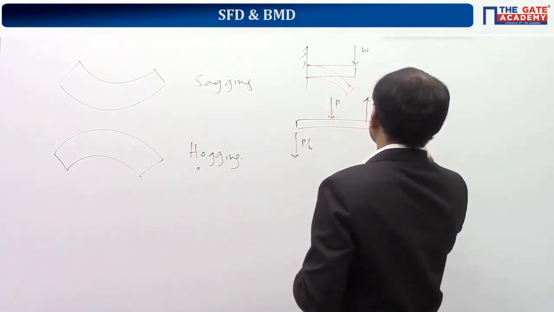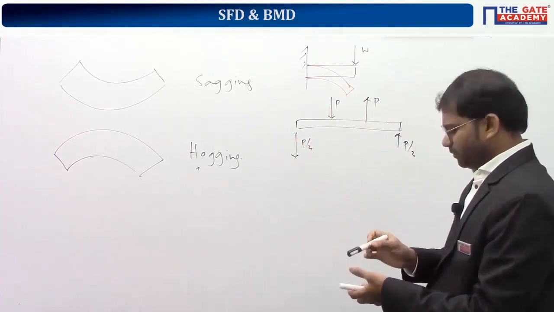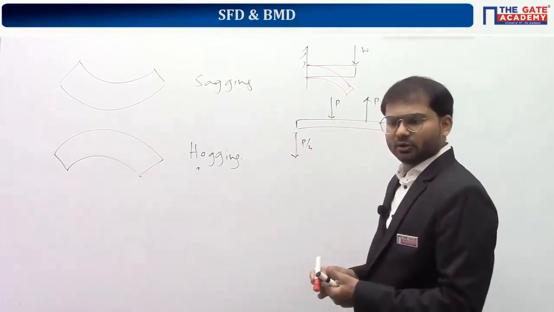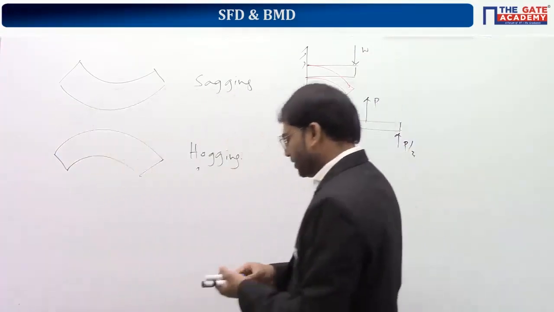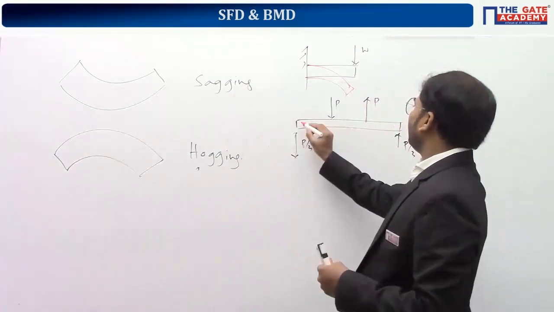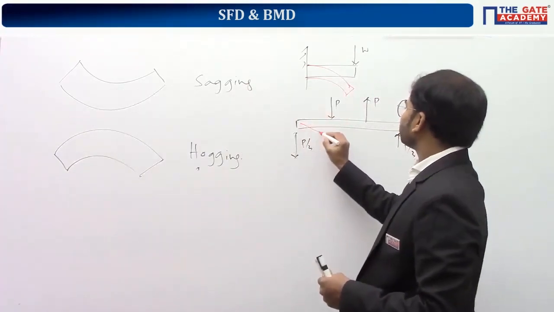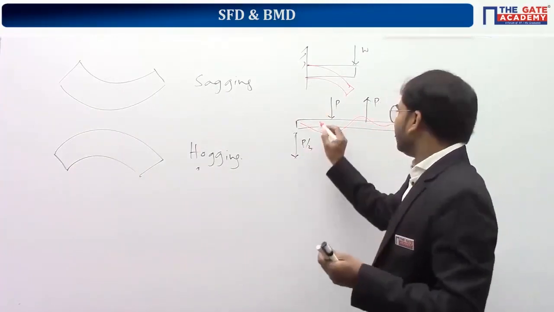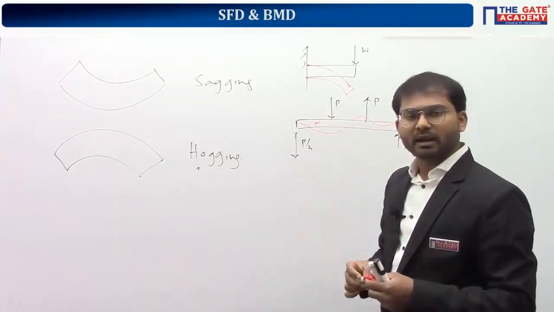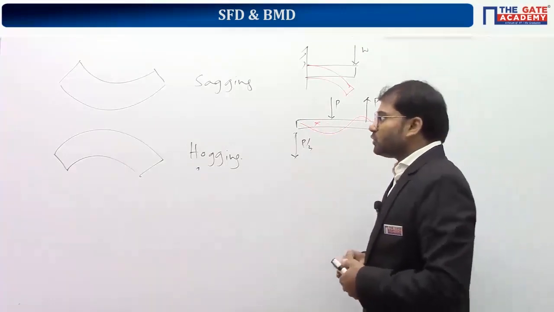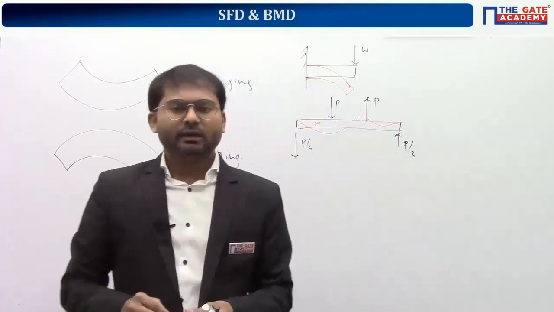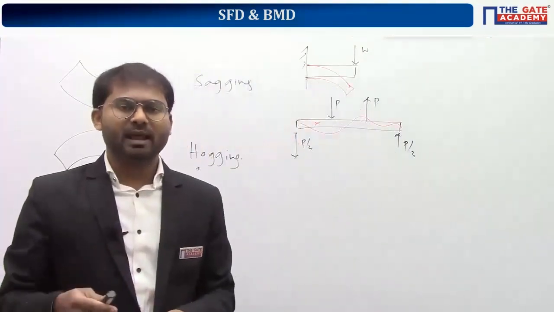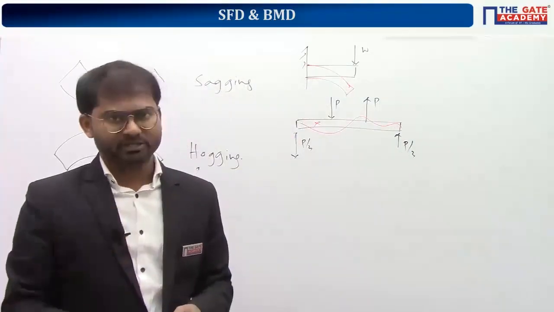But for example, if you have a scenario where the beam is loaded such that, by equilibrium condition, we get reactions like this, here you cannot simply say how the beam will bend. You may think the beam should be bending something like this, but you will not have clarity at this location whether the beam will undergo sagging or hogging. So here we can decide whether sagging or hogging will happen by our bending moment diagram itself.